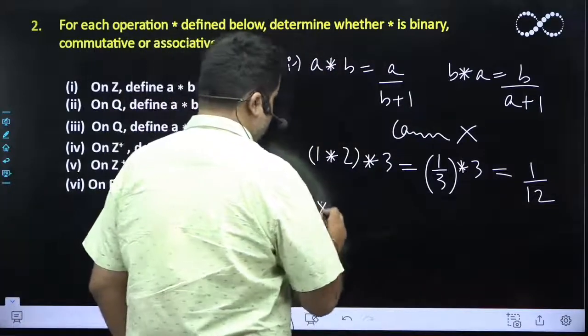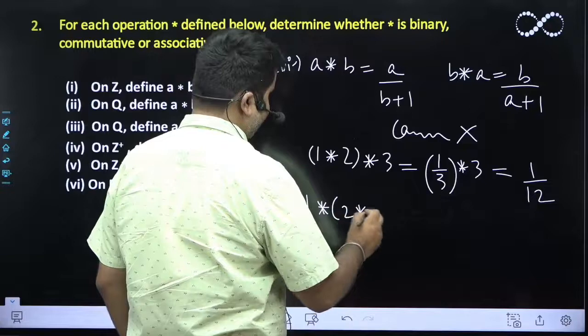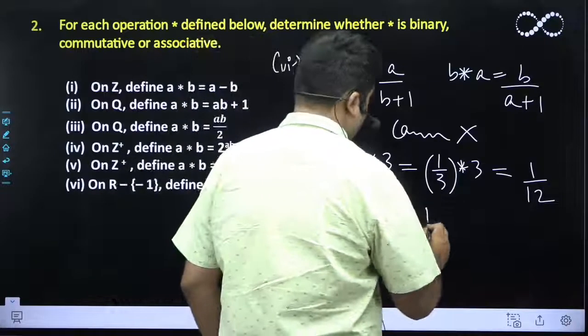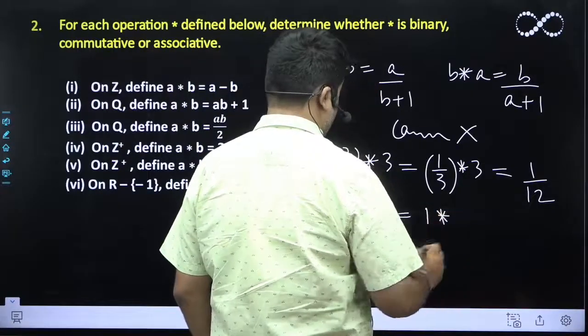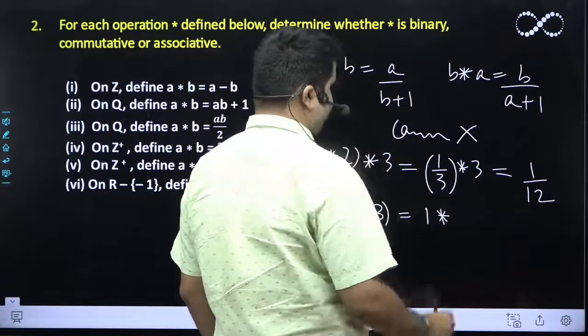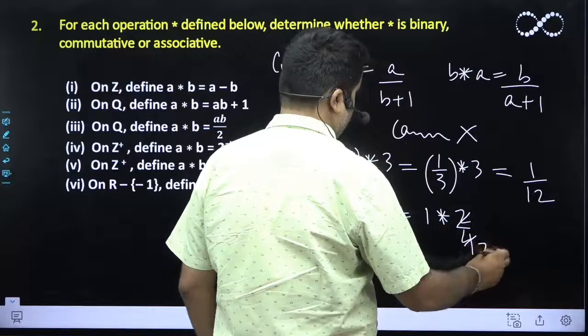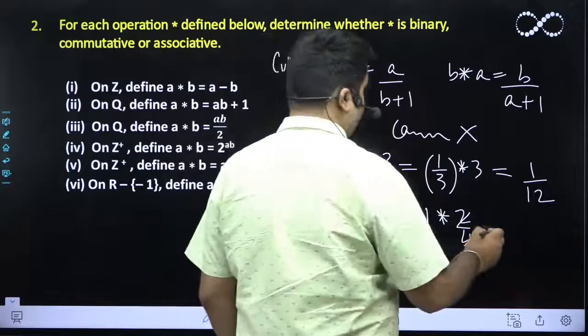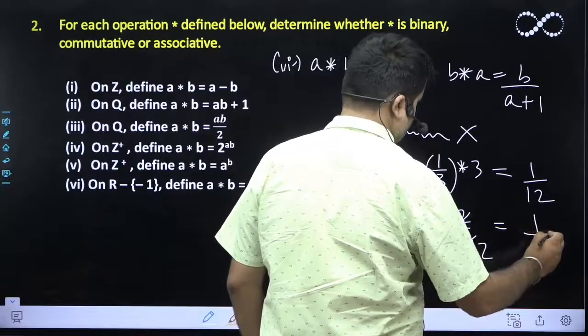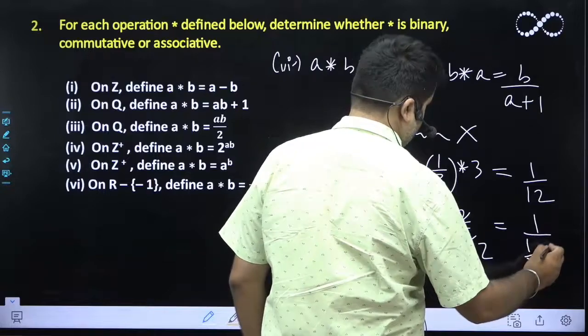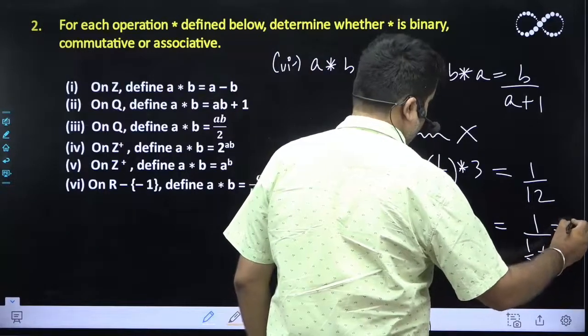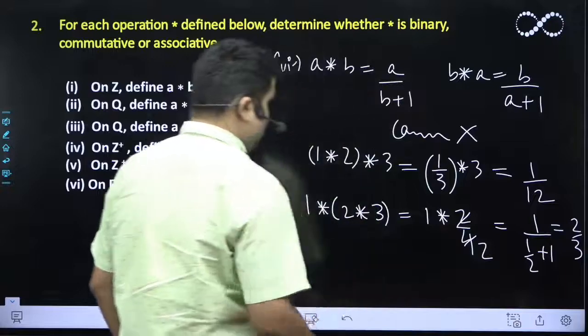And what is 1 star (2 star 3)? This is 1 star, what is 2 star 3? 2 by 4. And what is 1 star 1 by 2? So the answer will be 2 by 3. So this is not